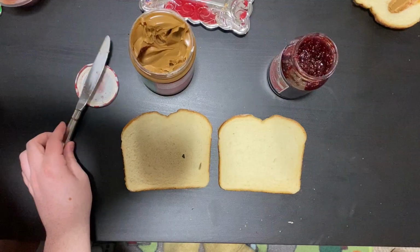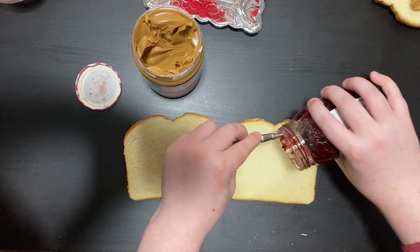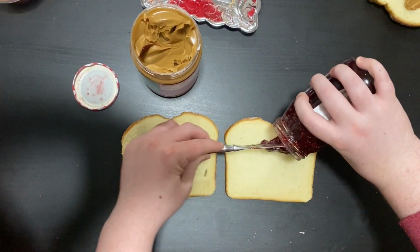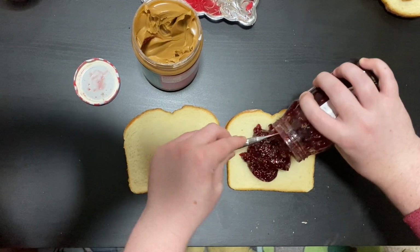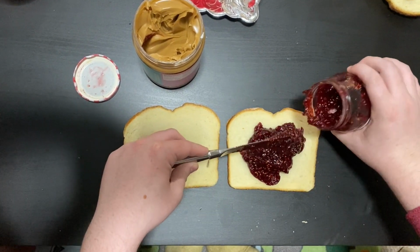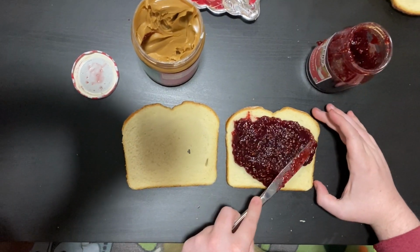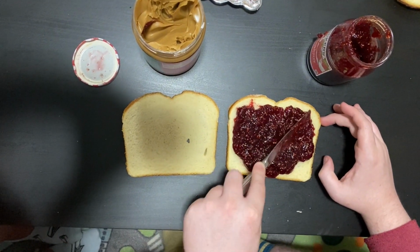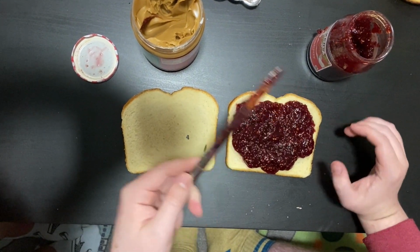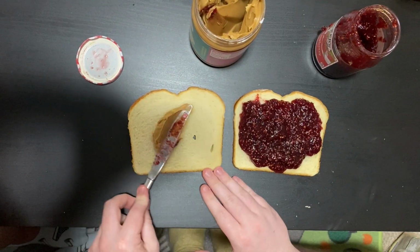All right. So I'm just going to start over again. Mistakes happen. I'm starting to think this is a little harder than I thought it might be. So I'm just going to start with jelly again. Maybe what I was missing last time was more to block the knife from ripping that fragile white bread open. So let's get a lot of jelly on there, and put some peanut butter on there,